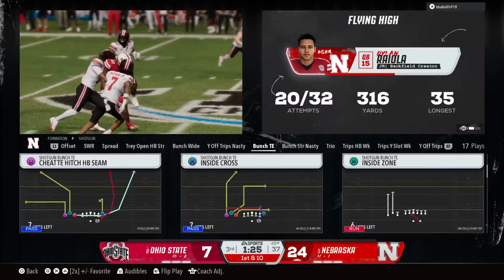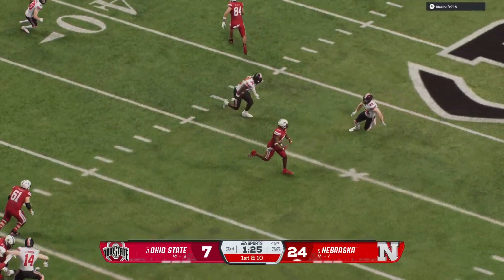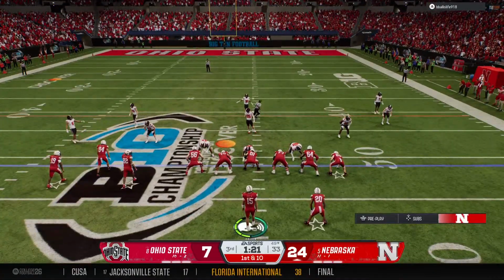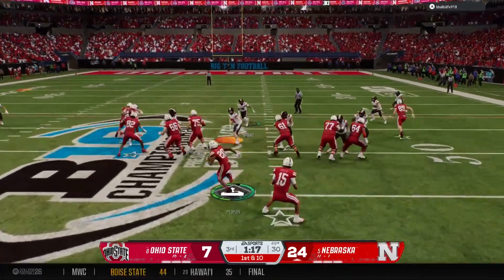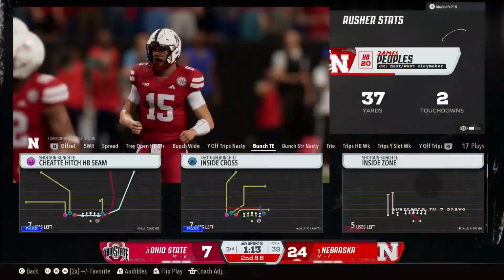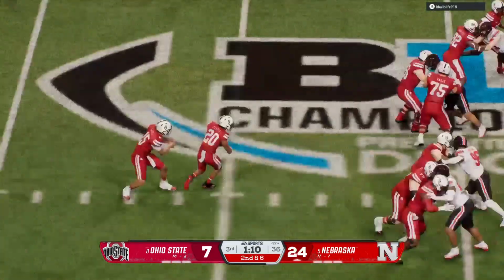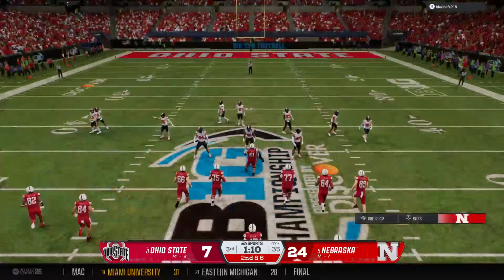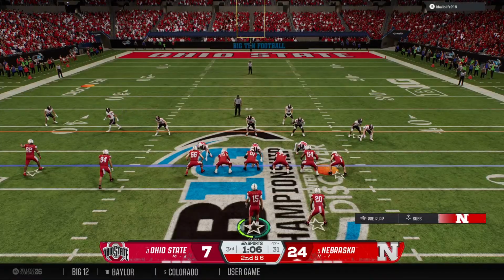Man, with that completion right there, this quarterback now has gone over 300 yards in this game. What a day. And the Huskers' offense is on the move now. They'll run it from the gun. And a decent gain there before the defense brings him down. Nice job here of controlling the line of scrimmage by this offensive line. The back does what he needs to do to get positive yards on 1st down. A gain makes it 2nd and medium.